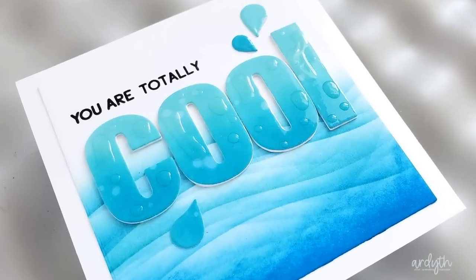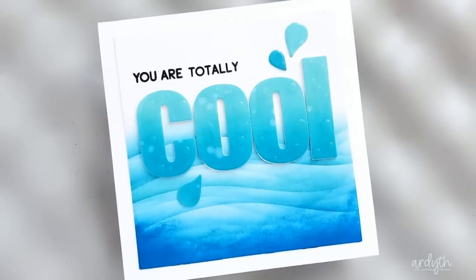Here's a close-up of the condensation. I think it looks super cool, don't you? Oh my goodness, I counted 20 techniques. I love how these two cards came together, and even though they're opposites in many ways, they both represent summer